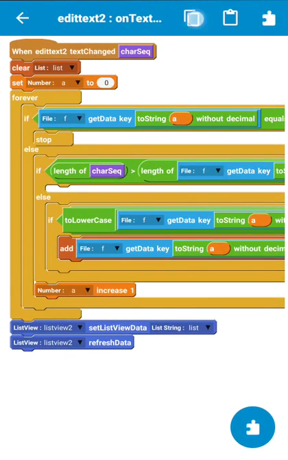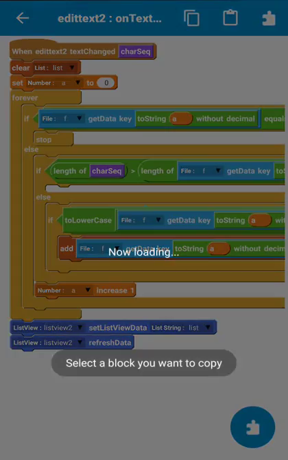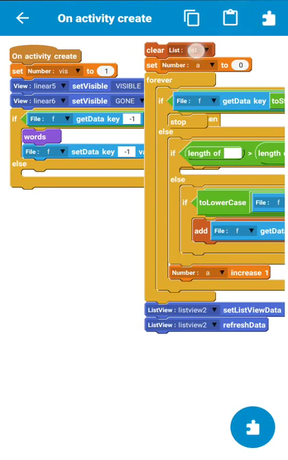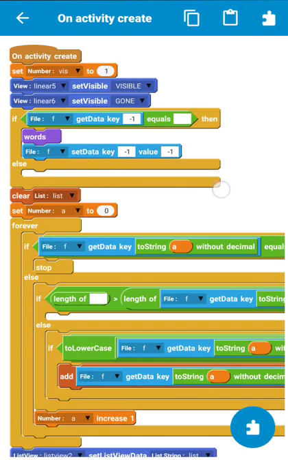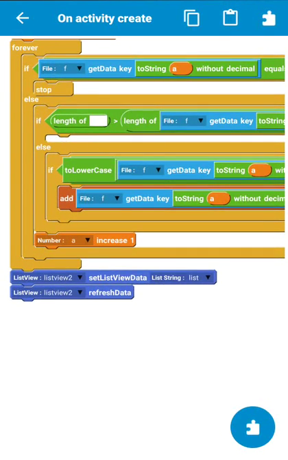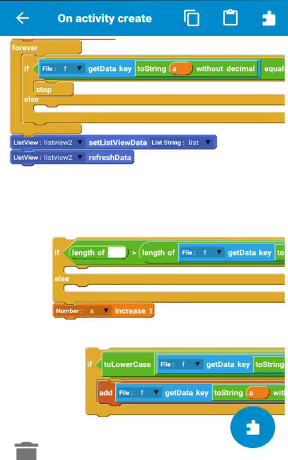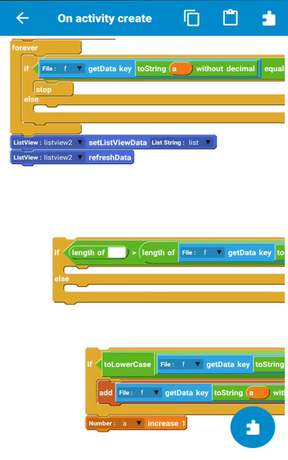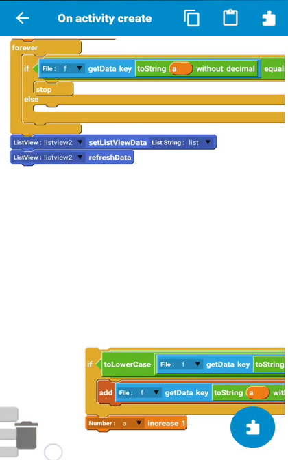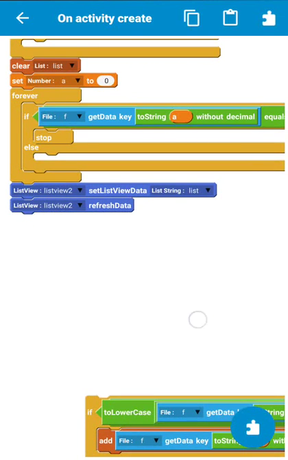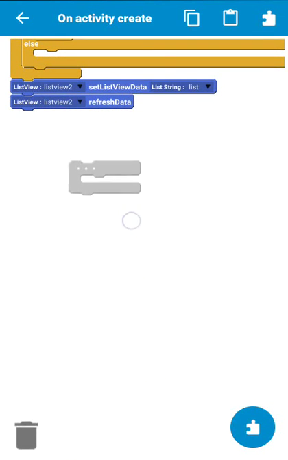Now copy this complete code and paste it in onCreate activity. From here, remove this. Here we only check two things. We check if the file key is empty or not. If the file key is empty, it stops, and then check if the